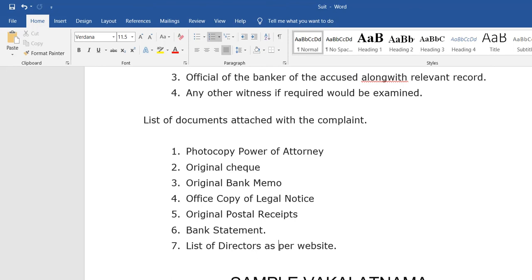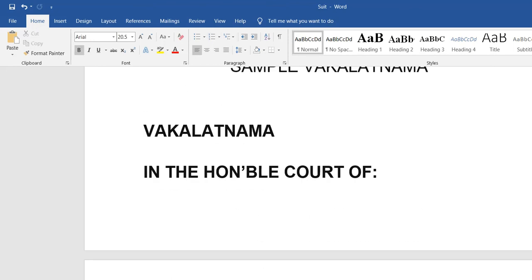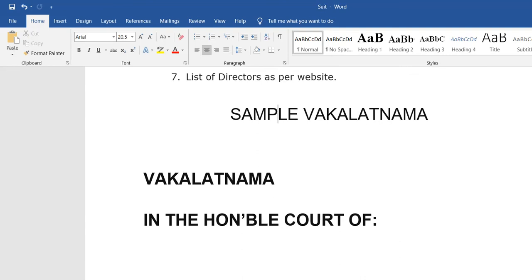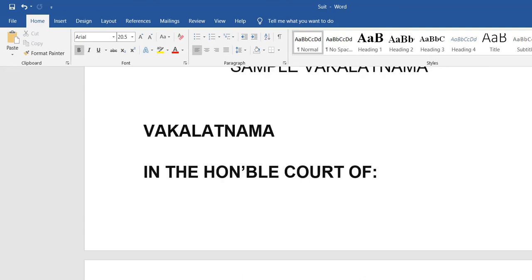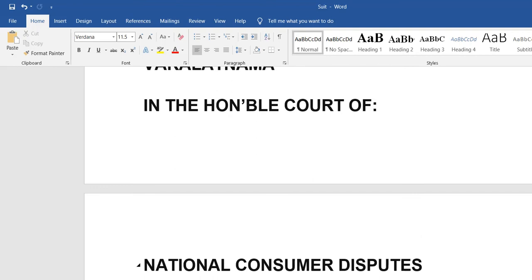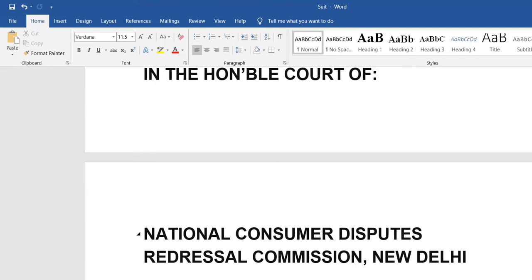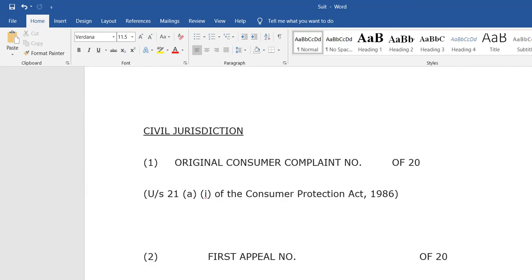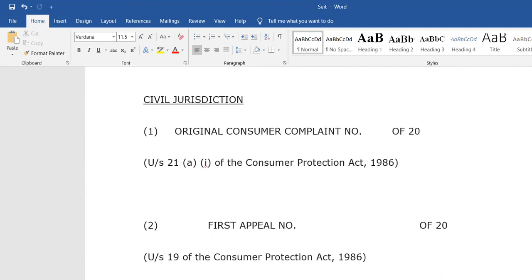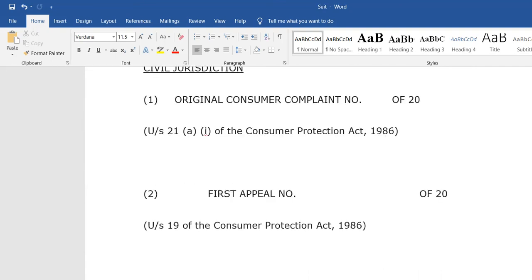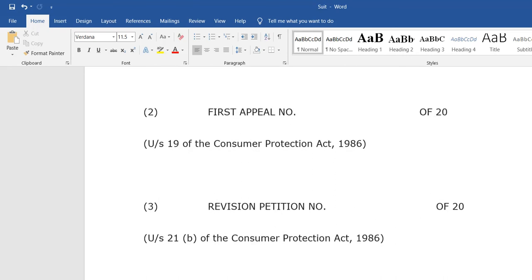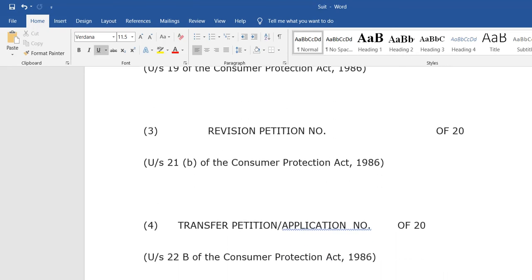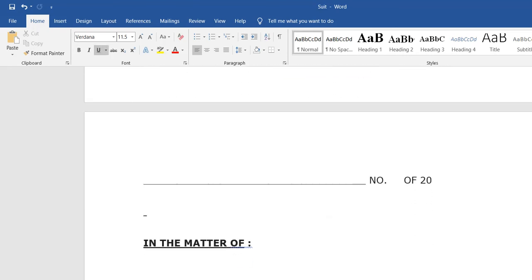Also here we can see a sample of the Wakalatnama, how the Wakalatnama will look. Here you can see the Wakalat in the Honorable Court of National Consumer Disputes Redressal Commission, New Delhi. Here you can see civil jurisdiction, consumer complaint number, appeal number, revision petition. Everything comes into the picture in the Wakalatnama.